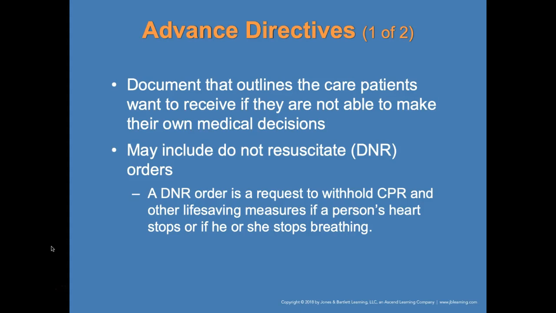Remember from earlier in the book, our advance directives. These are documents that outline the care patients want to receive if they're not able to make their own medical decisions. They may include do not resuscitate orders. Remember, DNR is a request to withhold CPR and other life-saving measures if a patient's heart stops or he or she stops breathing. If you come across somebody and they have advance directives, you need to make sure to follow